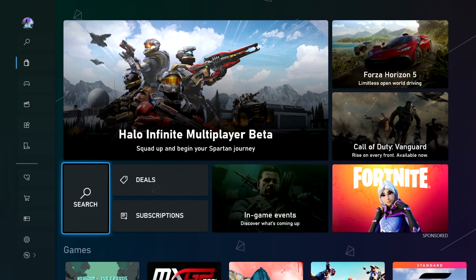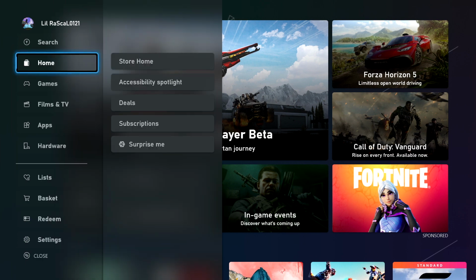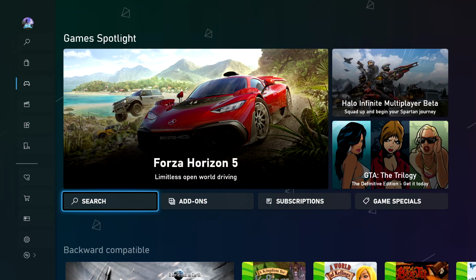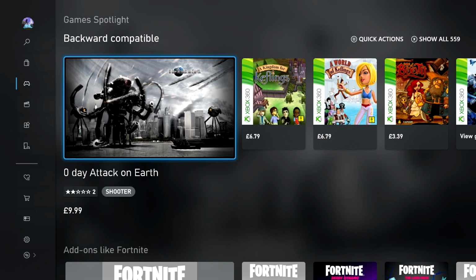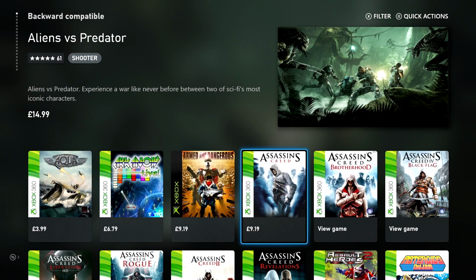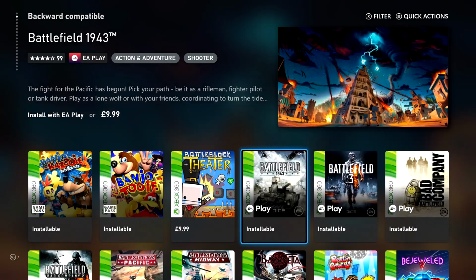This then opens up the Xbox Microsoft Store. From the Xbox Microsoft Store, you want to find your backwards compatibility games. Let's do that now. Scroll over to the side menu, then select Games, then select Games Home. Here you will now find a backwards compatibility menu. From the backwards compatibility menu, you can press the X button to show all. And as you can see, you can now see all of the backwards compatibility games that are available to you